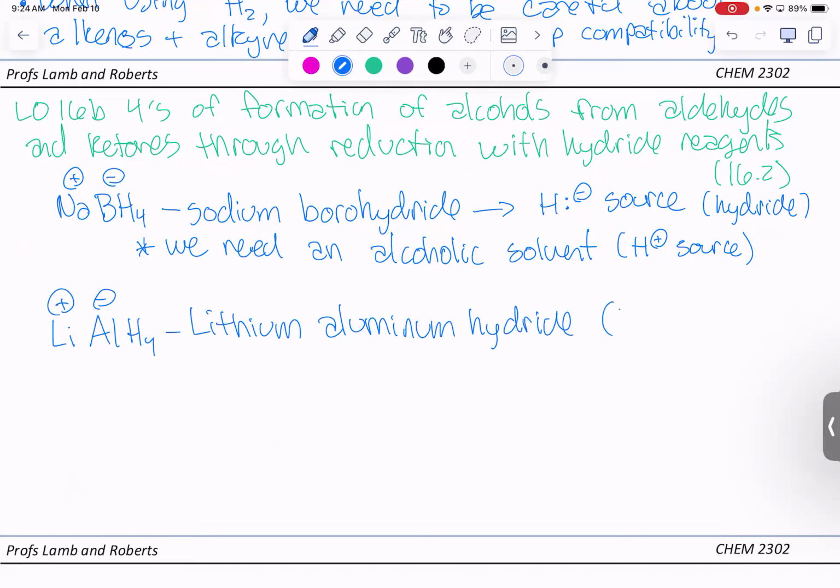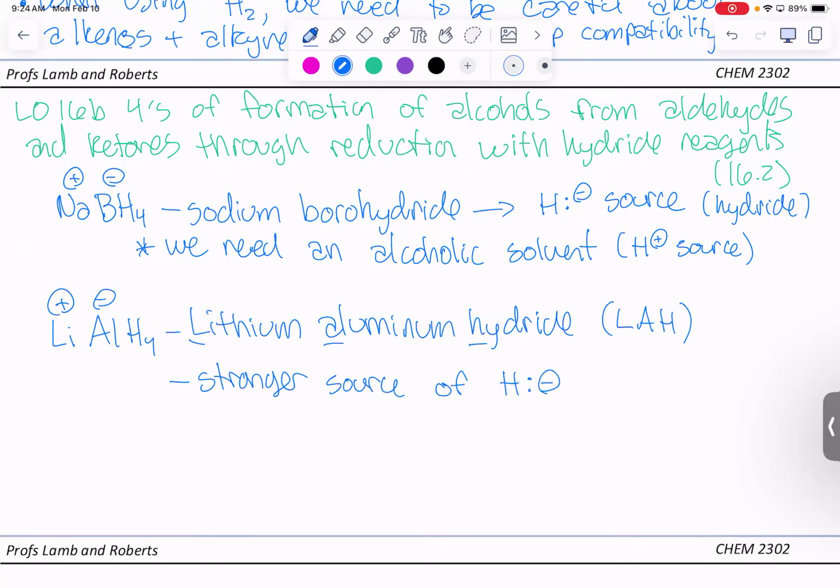Sometimes we call this LAH, or lithium aluminum hydride. It's kind of a mouthful to say, so we do abbreviate it sometimes. All right, so this is a stronger source of H minus,